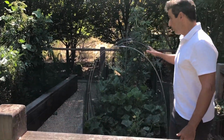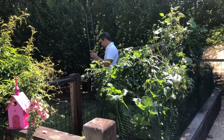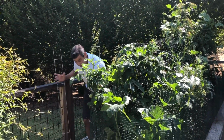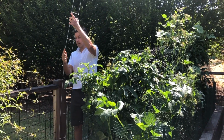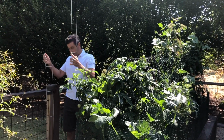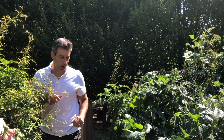And one other thing to share with you, these loops are very, very helpful because they keep the net off of the plants, and they come in pieces like this that you put together with little couplings like this. So this goes into that without any glue or anything, and then this goes into that, and then it actually bends all the way around. It's very, very helpful. I could not find this anywhere but online at a company called Gardeners, plural, gardeners.com. They're a wonderful website for all kinds of material for your